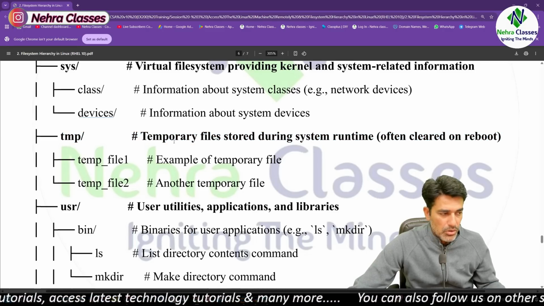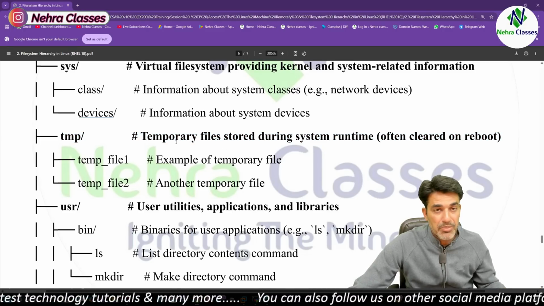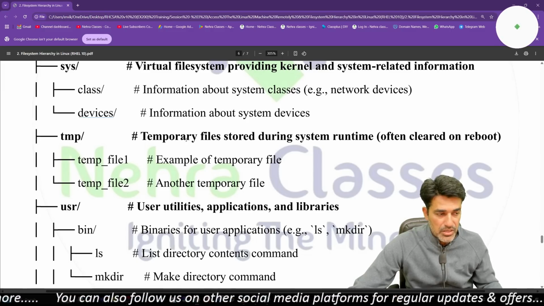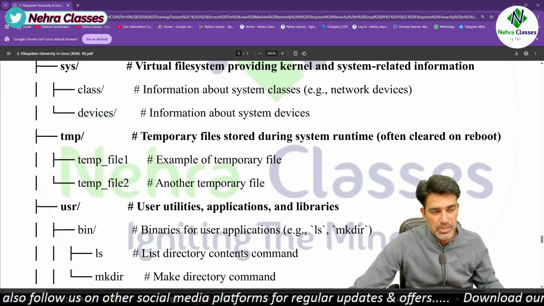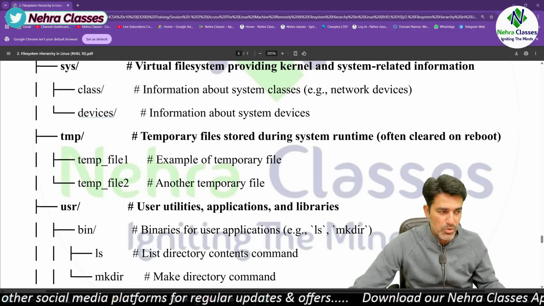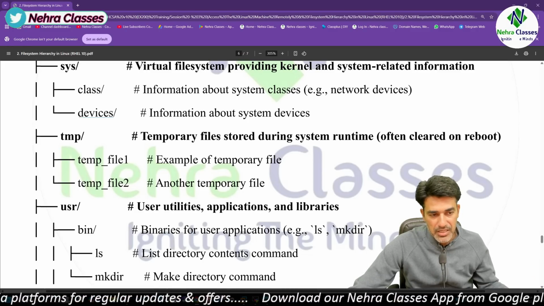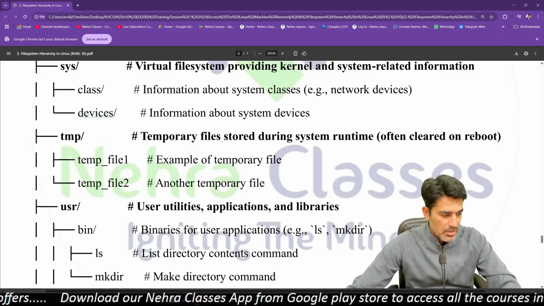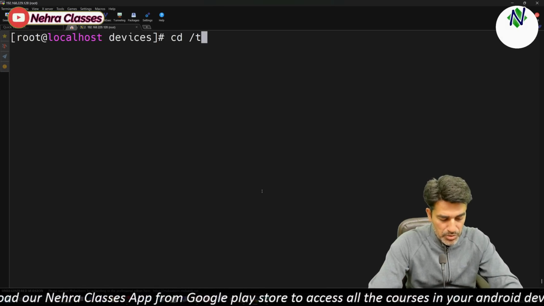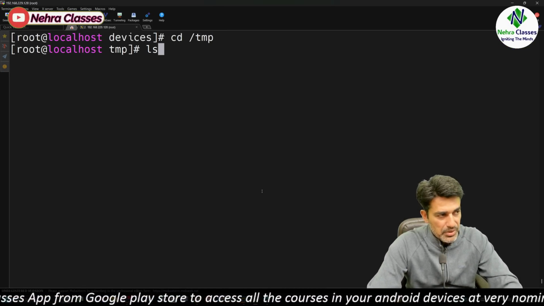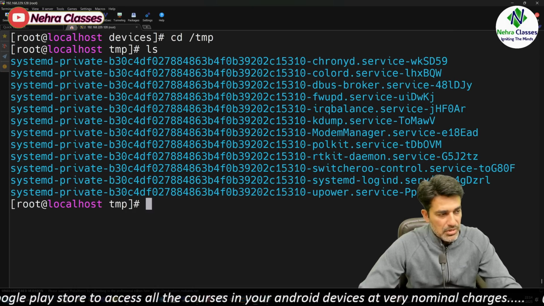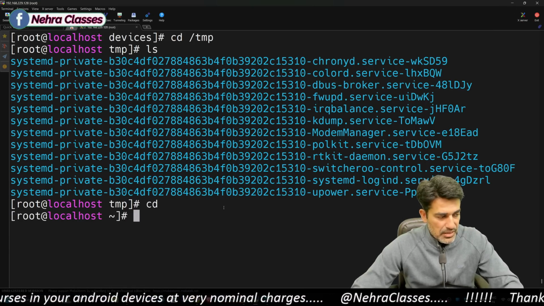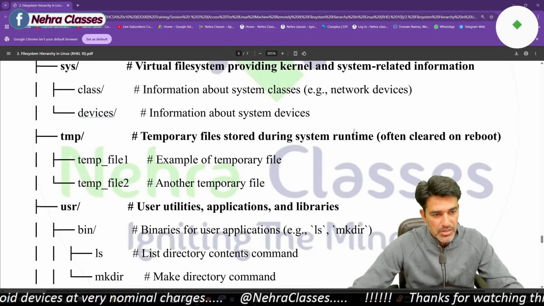So we should only use this directory to keep temporary data. We should never store important data in this location. This is just for temporary purposes. Suppose we want to unzip a file, we can use it. We want to keep some temporary data there, or we want to do some testing. For those tasks, we can use this directory. So the TMP directory, although it plays a vital role, generally does not keep important data. It generally shows this type of folders and temporary files, and sometimes on reboot, this data will